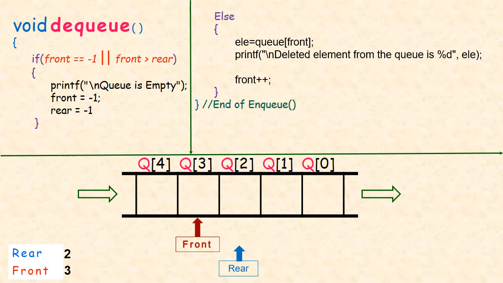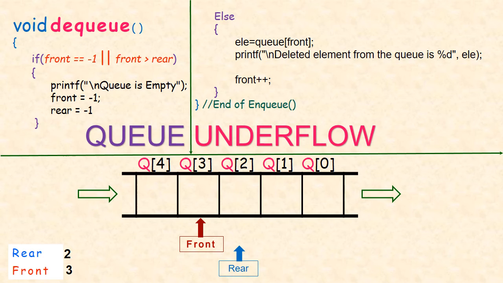And remember that if you want to do some NQ operation further, you have to have front and rear values as -1, because there is no element in the queue now. That is, the queue is empty now. So initial values have to be set. That is why I assign front is equal to -1 and rear is equal to -1.